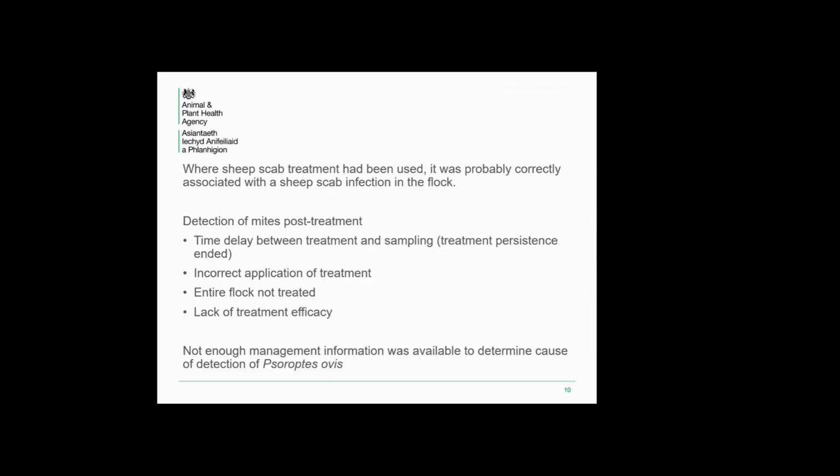So when we were considering these results, we decided that it likely showed that where sheep scab treatment had been used, it was probably correctly associated with a sheep scab infection in the flock. So this raised the question of why were we still detecting mites post-treatment? In many cases, there was a significant time delay between the treatment being given and the sampling being undertaken. So in those cases, we could determine that the treatment persistence would have ended, and so it's likely these sheep had become reinfected. In cases where we would still have expected the treatment to be persisting by the time of